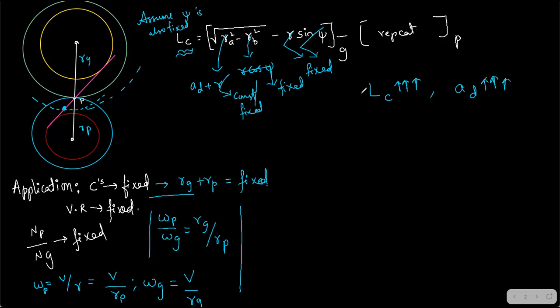Now the question is, how much can I increase the addendum to maintain the proper law of gearing? See, can I increase the addendum circle radius to this range? Yes, still it will satisfy the law of gearing. These are the teeth in meshing, right? This is the pinion teeth, this is the gear teeth. If you draw a common normal here, they lie on the same line and the intersection is also at P itself. So there is no issue with that point, right?